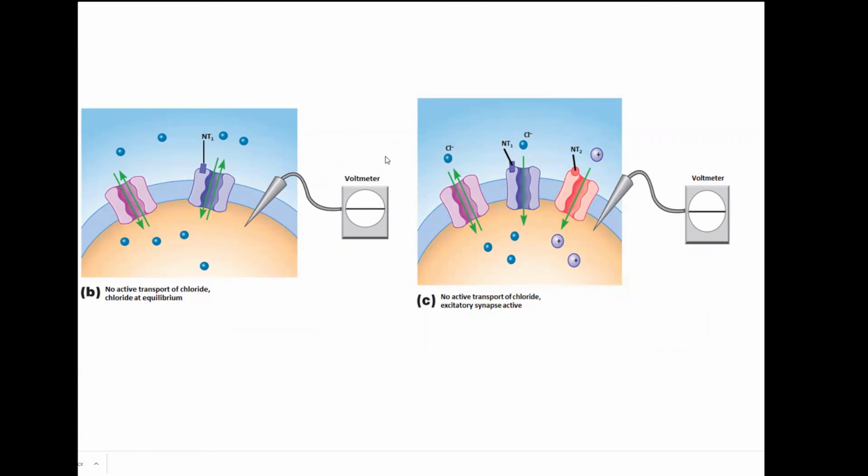So this is the slightly more complex way that chloride can inhibit the postsynaptic neuron. We want to look at this picture with neurotransmitter 1 and neurotransmitter 2. Some neurons aren't pumping chloride, so they don't really have a concentration gradient for chloride. So nothing happens if you only have one neurotransmitter because they're already at equilibrium, so nothing would happen if you opened a chloride channel. But the reason we'd still consider chloride inhibitory in those neurons